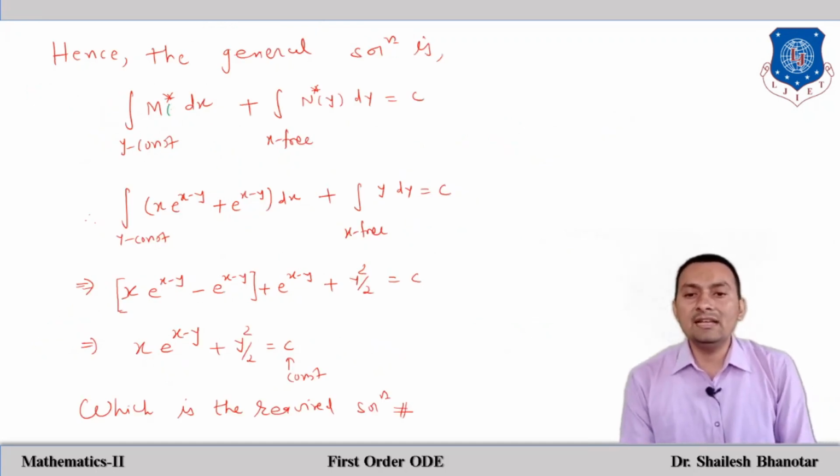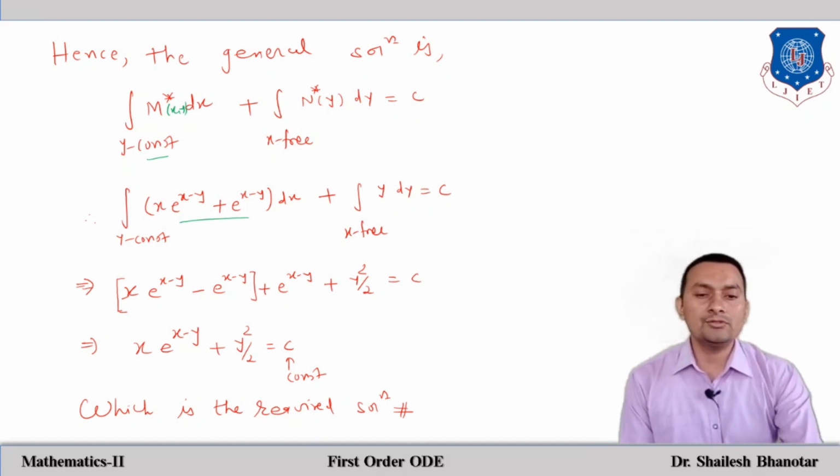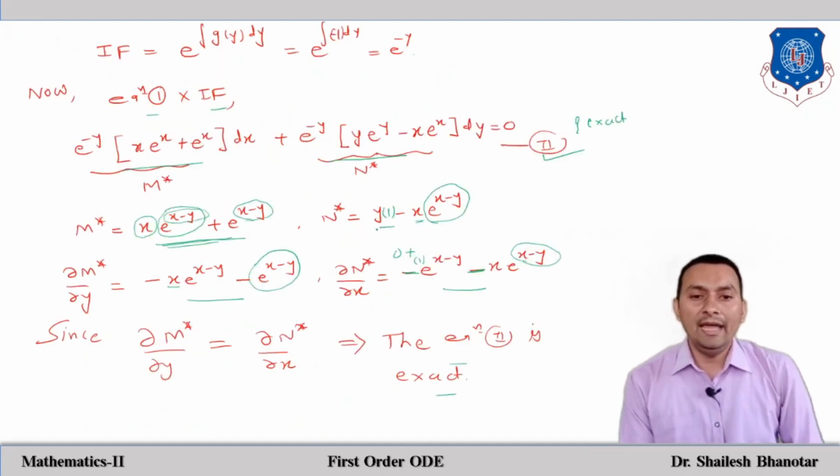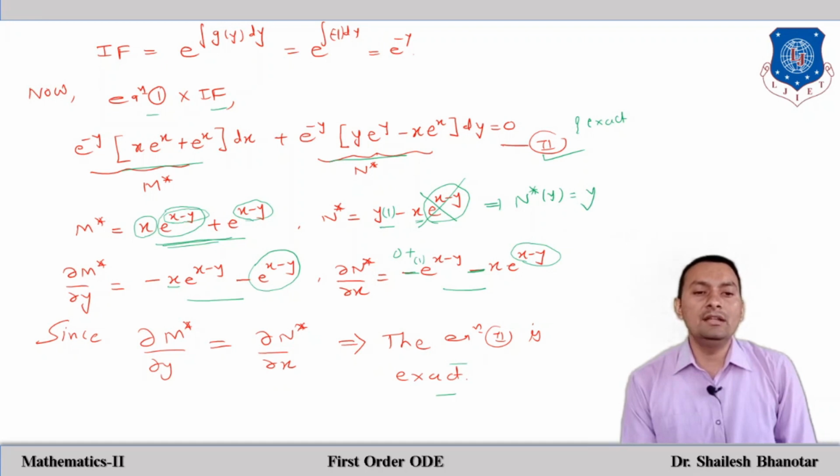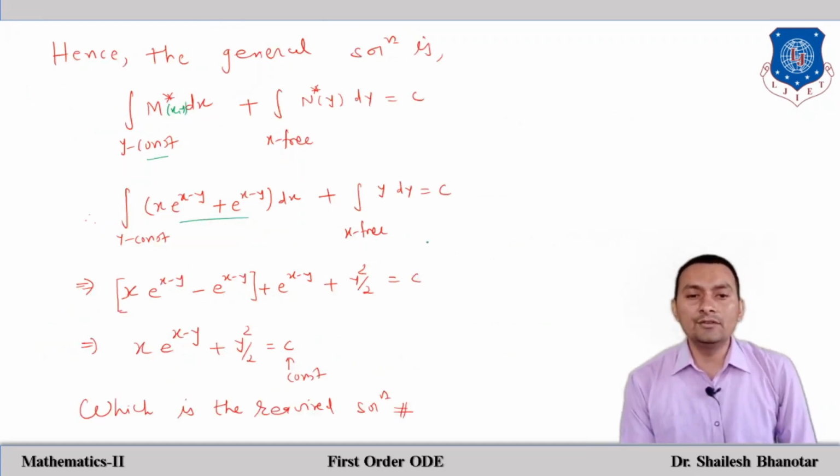So our general solution can be written as the integration of M star of x y dx with y constant, plus the integration of N star, y free of x, dy, is equal to c. So this is our M star of x y, and this is our N star, and from this I just want to mention N star y free of x. That means I don't want the terms involving x. These are the x involving terms, therefore I'm not going to consider them. So it will be only y, and therefore it is considered over here that only N star y is equal to c.